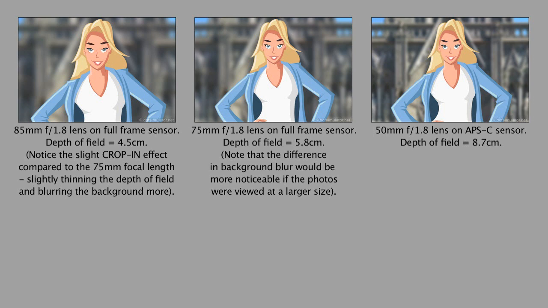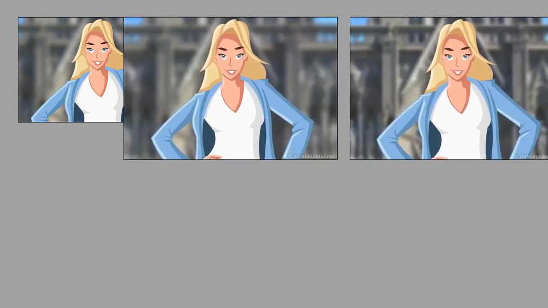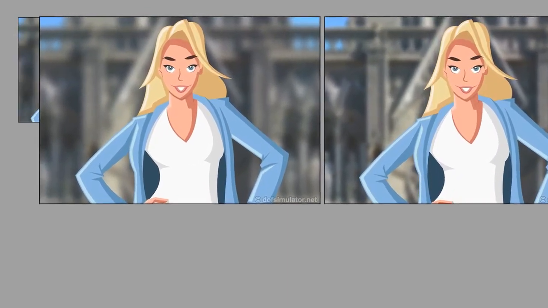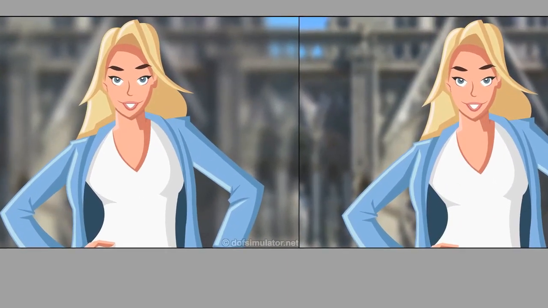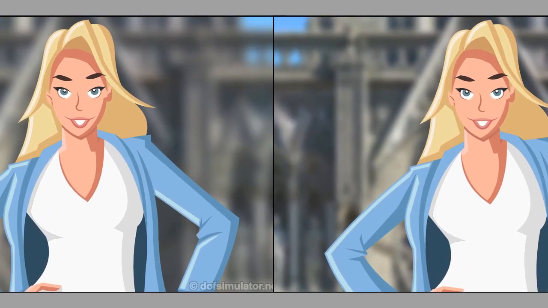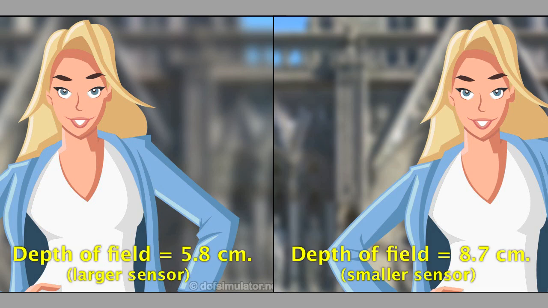So let me ask you something. Now that we are getting a reasonably similar angle of view between the 75mm lens and the 50mm lens, are we getting a reasonably similar amount of background blur as well? Obviously, no, we are not. Relating to the difference in background blur, there is also a large difference in the depth of field for both lenses. The 50mm f1.8 lens is not giving us the full-frame equivalent f1.8 lens in terms of achieving the same